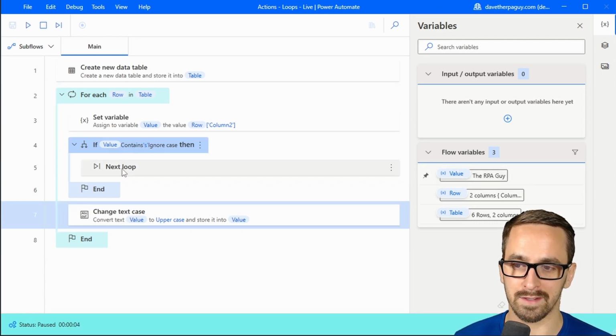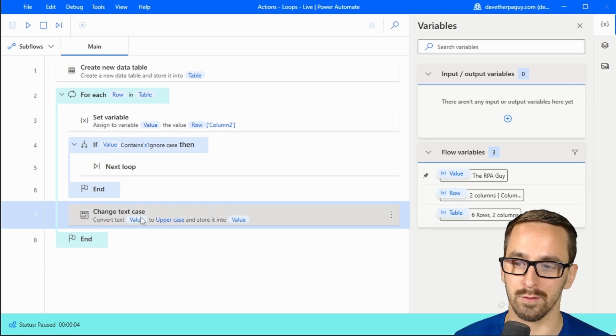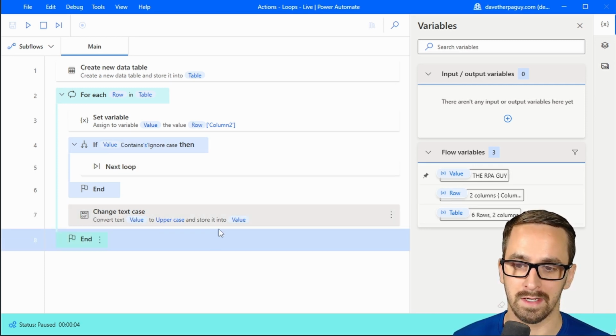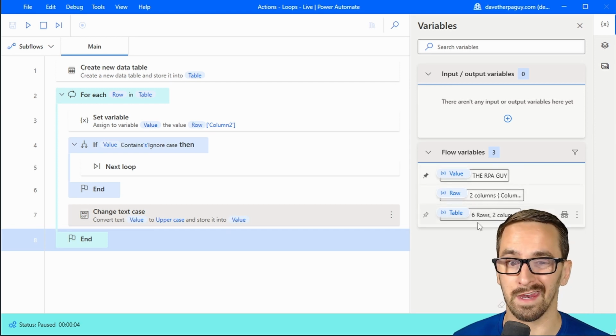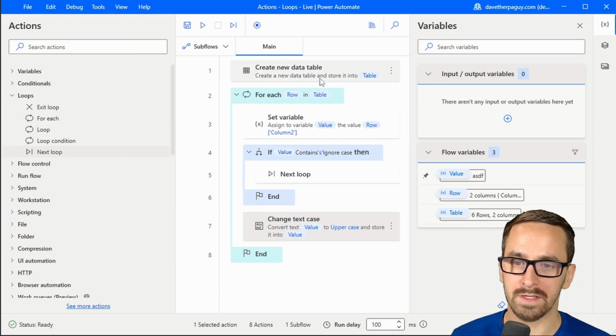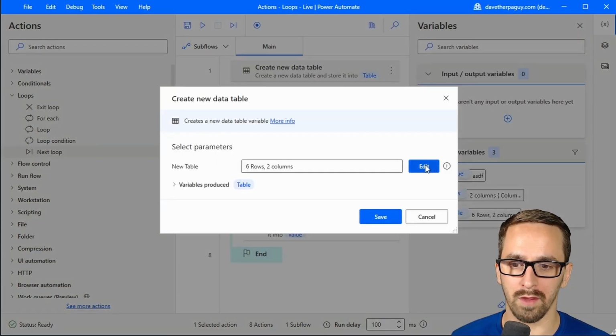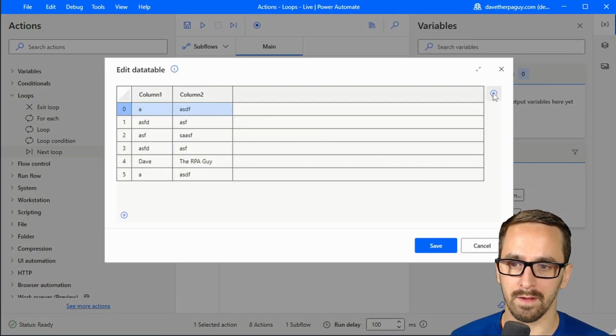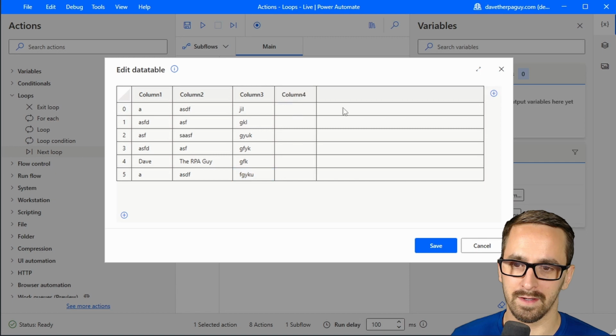And it doesn't have an S, so it doesn't go to the next loop, which means it continues on its path and it gets to change text case, changes it to uppercase, again, not setting it back into the table, and then keeps looping. Let's actually add a little bit more columns to our table. Do this. I'll type some other random letters